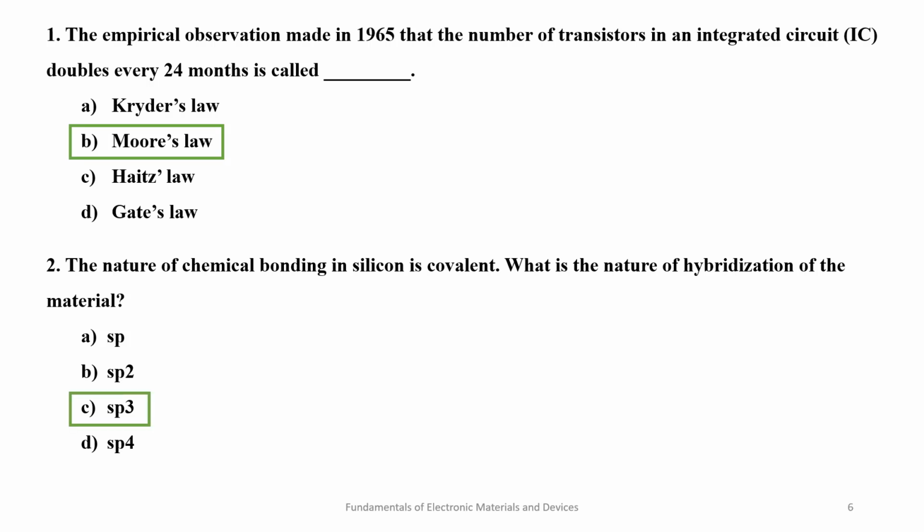And one more thing, for people who make notes while seeing the assignments, you don't have to answer from your memory. If you have made notes, you can open your notebook and check if you have noted these things down, and refer to them for the answer. Suppose I'm asking a general question like Moore's law, you can even use online sources to see what Moore's law is and then answer. You don't have to answer suddenly from memory. So the nature of chemical bonding in silicon is covalent, and it is an sp3 hybridized material.